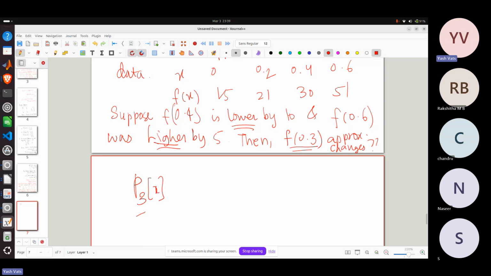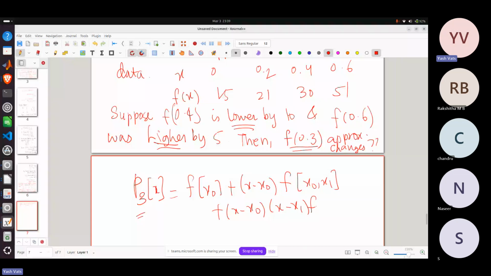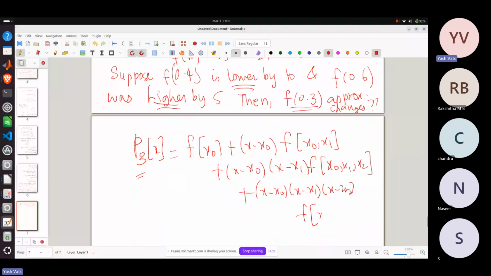So you write 3 here, and it is f at x naught plus (x minus x naught) f[x naught, x1] plus (x minus x naught)(x minus x1) f[x naught, x1, x2] plus (x minus x naught)(x minus x1)(x minus x2) and then f[x naught, x1, x2, x3]. Okay,